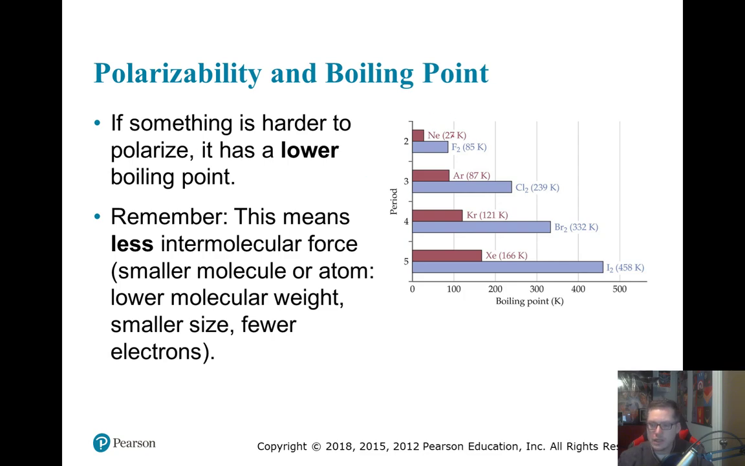All right, so neon is harder to polarize, and therefore it boils at a much lower temperature. The way it's worded is kind of confusing, or maybe it's just the way my brain's working right now. And then fluorine is much easier to polarize, so it's got higher dispersion forces, so it takes much more energy to make it boil. Okay, and so you can see this trend going, and you can compare all